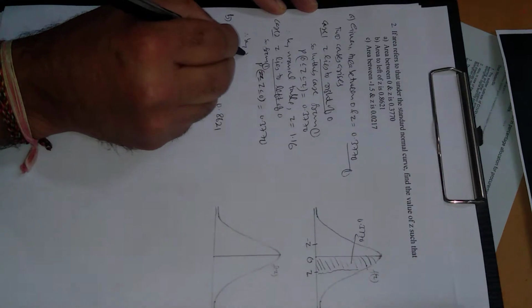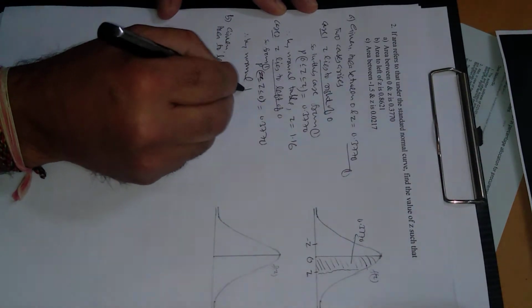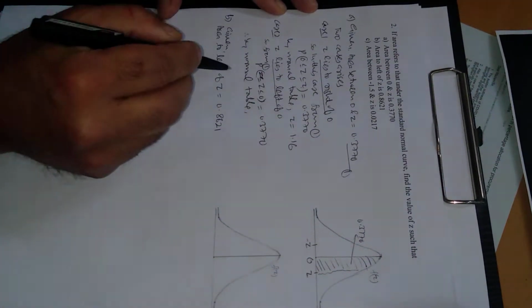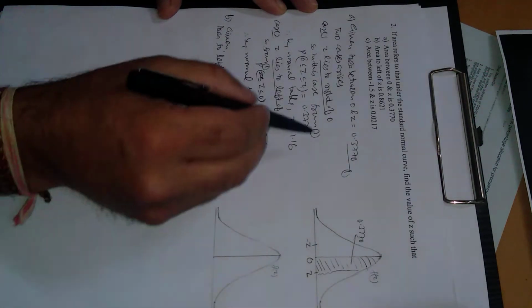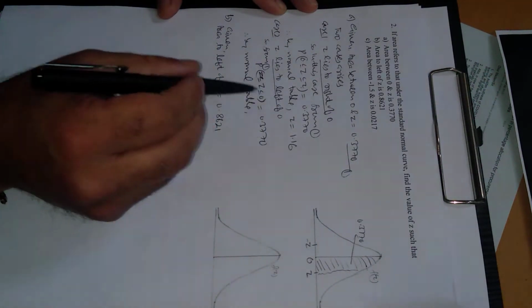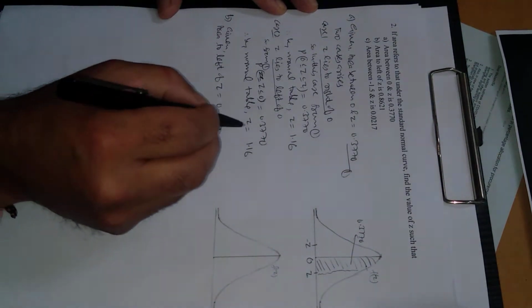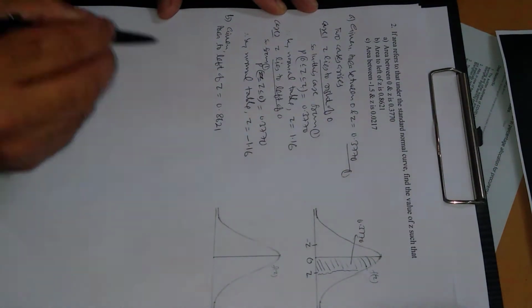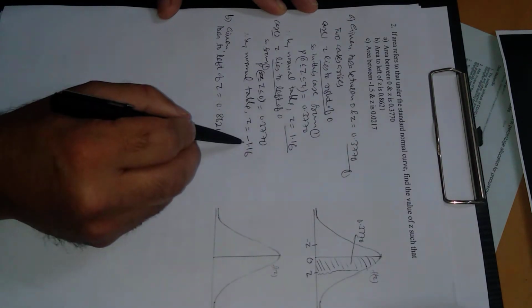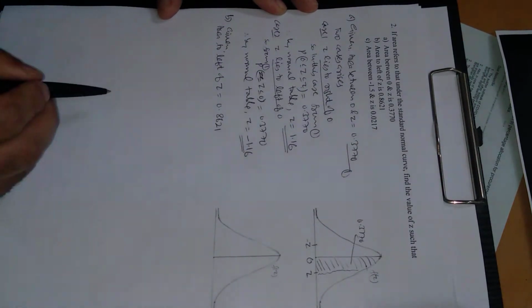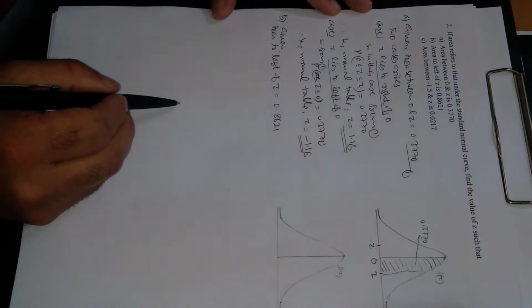Therefore by normal table, for which value of z numerically the value will be same. For which value of z probability is this one. This is again z is 1.16, but the difference is z in this case is negative. So either z is 1.16 or z is minus 1.16. Now come to the second part.